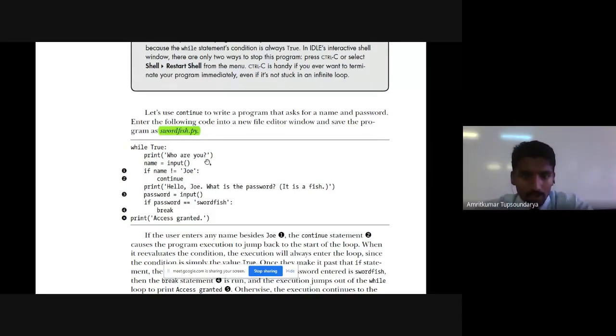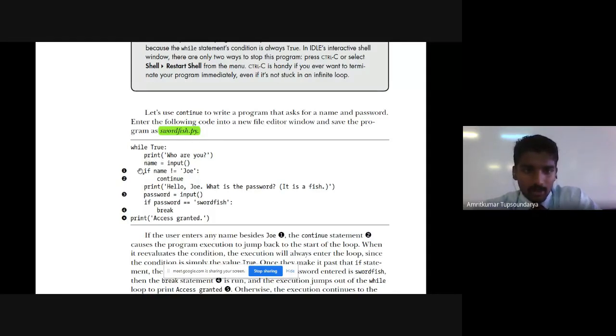So let's say we have a while loop used here. While true, you can see here it is while true. That means this while loop is basically an infinite loop. There is no condition to be checked. It's a simple true statement, which will be true all the time. It will never terminate by itself unless we terminate the loop. So we have a simple while condition that is true all the time.